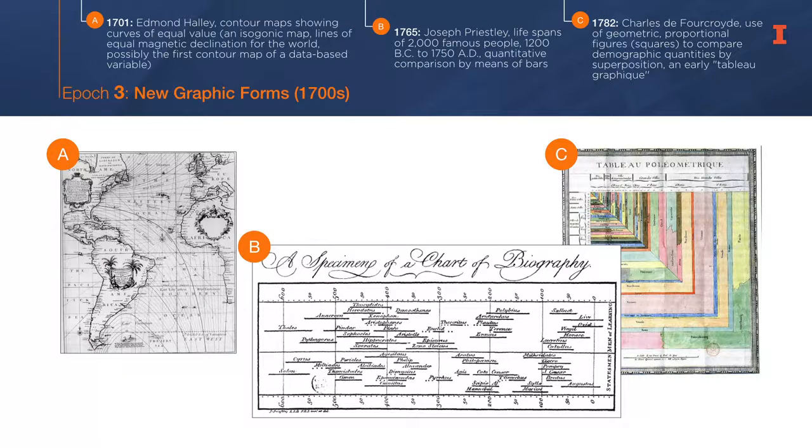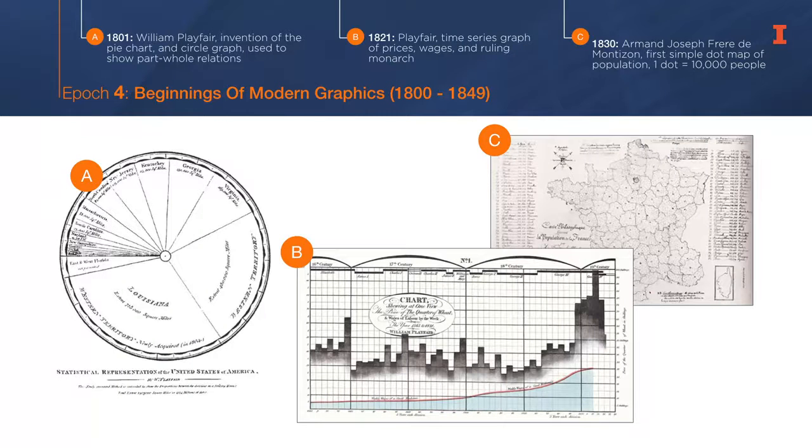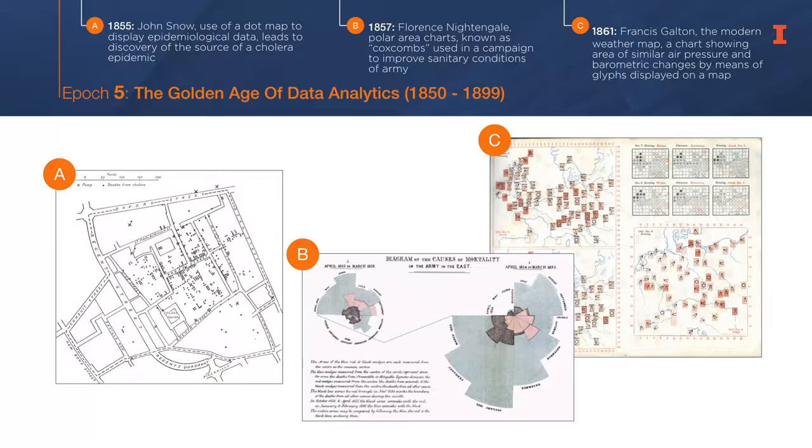We move into the third epoch, which is what we'll call new graphic forms. Here we start to experiment a lot more with color, experiment a lot more with new visuals that are taking kind of theoretical approaches to data and producing some very interesting outputs. It really does set us up for the next epoch, which we'll call the beginnings of modern graphics. This is the period where the bar chart is introduced, the pie chart is introduced, certainly very important visualizations that we still use today. That then sets us up for the fifth epoch, which we'll call the golden age of